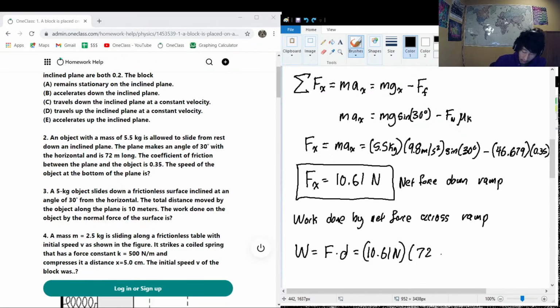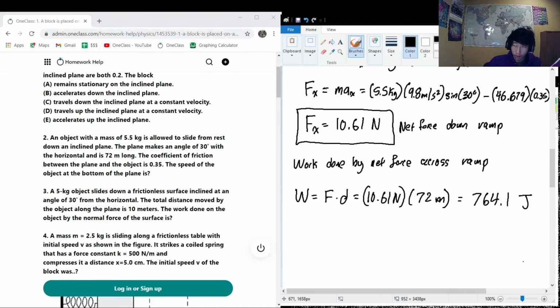Oops, not capital M, little m. So let's calculate that real fast. Our previous number times 72, and we have 764.1 joules. Joules is the unit of work, and hopefully some of you recognize that joules is also a unit